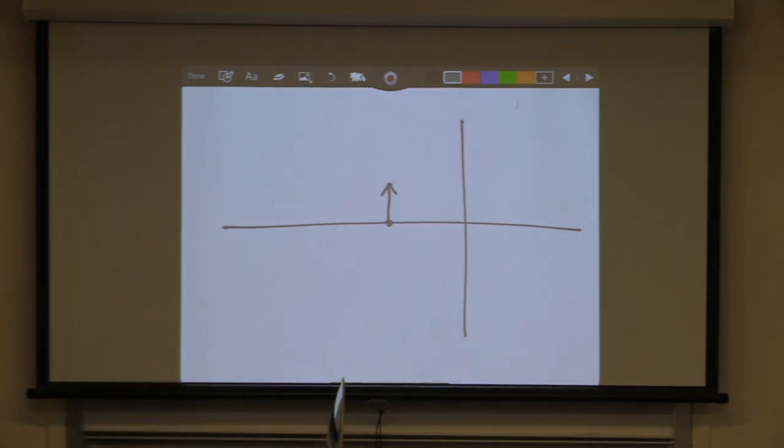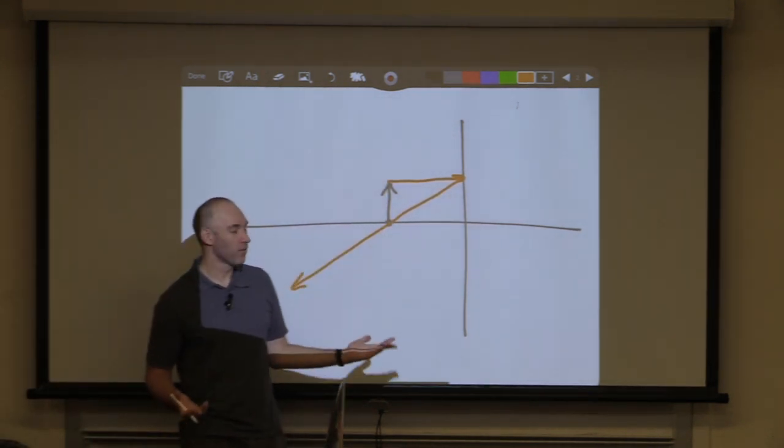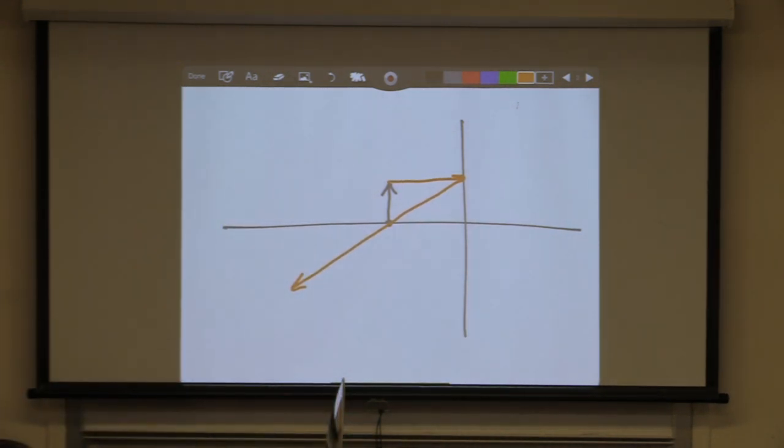I'm going to draw my same set of rays, except I can't draw them all. The focal point ray doesn't really work, but I can draw one that's parallel and then goes through the focal point. And if I try to draw one that goes either to the focal point or from the focal point, it doesn't ever hit the mirror. So that one just doesn't work. But I can draw one that hits the mirror at the axis and then bounces off at the same angle.